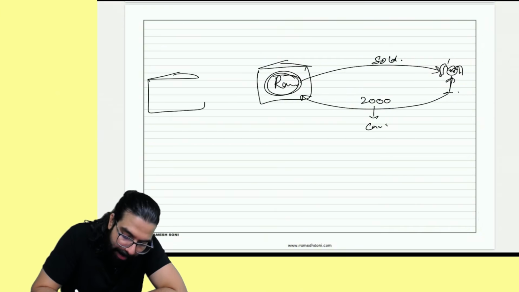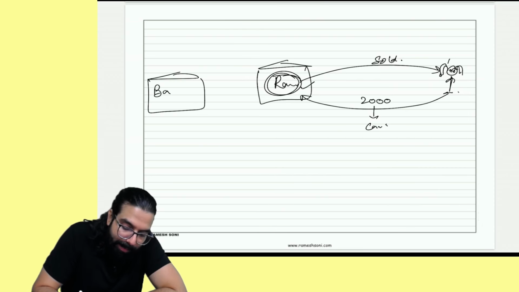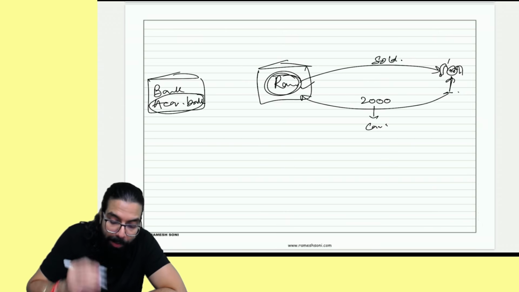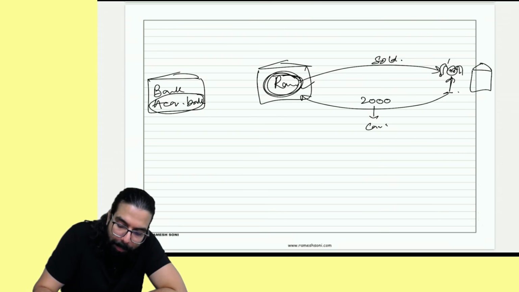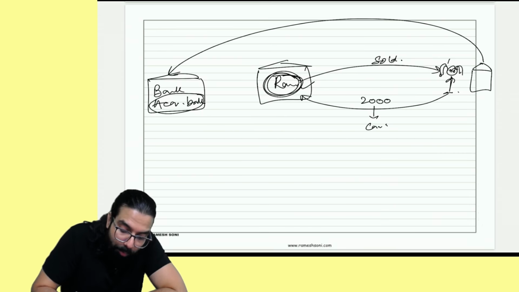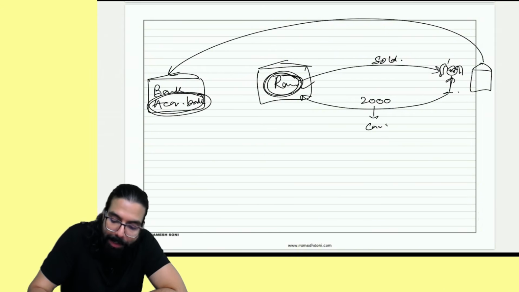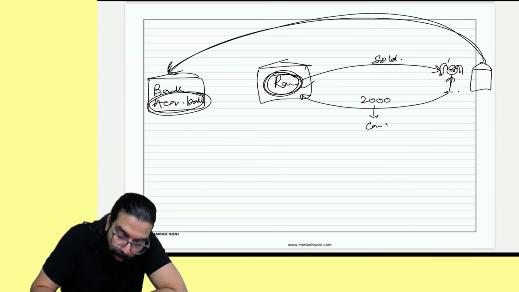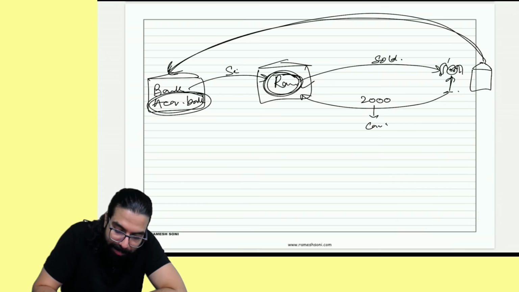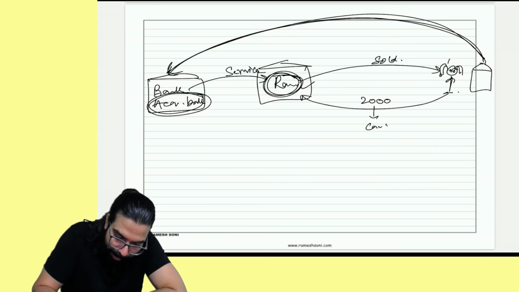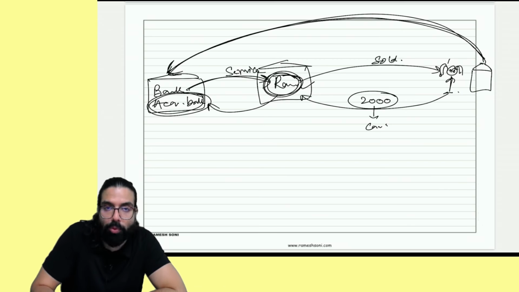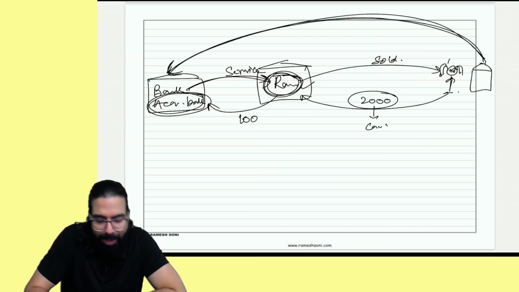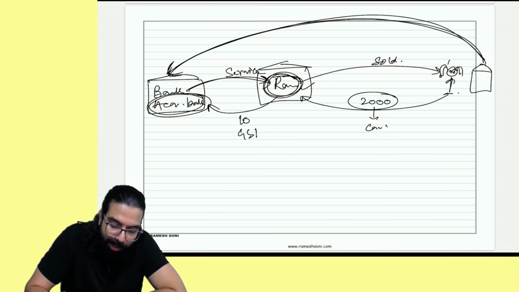So behind me, when I swipe a card, my bank is there, which is called the acquiring bank. Okay, sir? It's called the acquiring bank. When I swipe the card, my bank helps me collect money from your bank. From your bank, the money has to come to my bank. So my bank is providing me a service for collecting the money from your bank. Because of this service, my bank will charge me bank charges. If the swipe is up to 2000, whatever charges my bank is taking, 100 or 10 rupees, my bank will not charge me any GST.